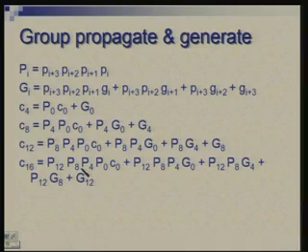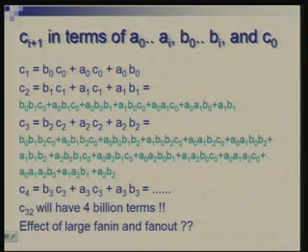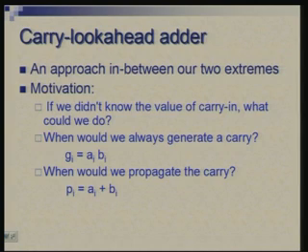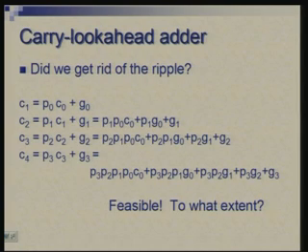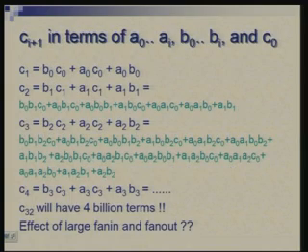One thing I would like you to notice is the comparison of this form with this form. Here the growth of the number of terms was exponential. The number of terms is roughly doubling, whereas in this case the growth is linear. That is what has saved us. Why it is linear here and exponential there is because there you have the carry appearing at two places.